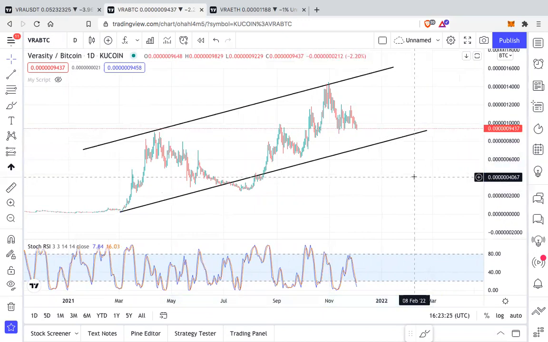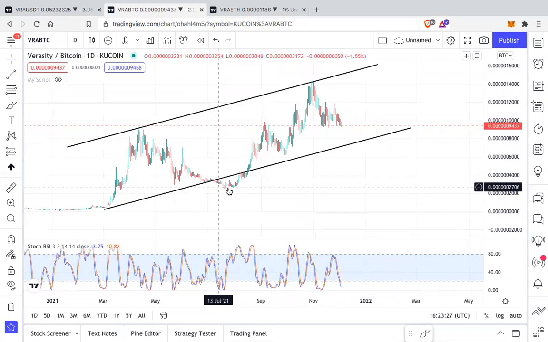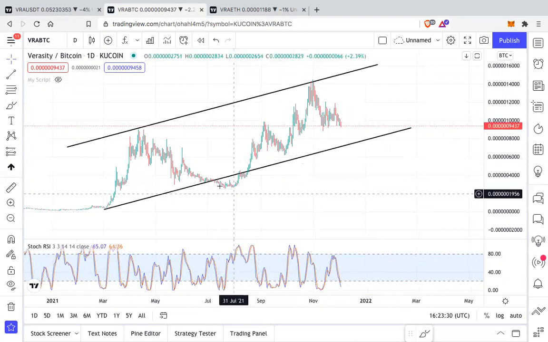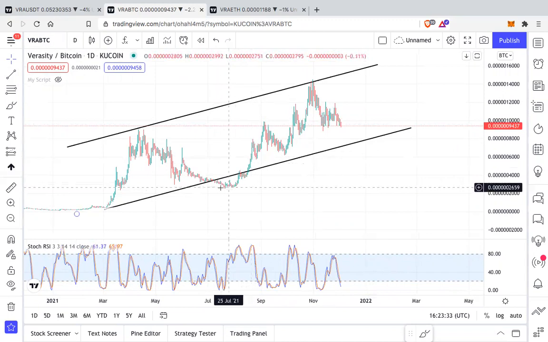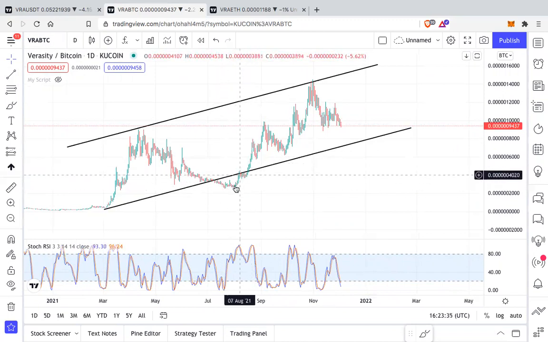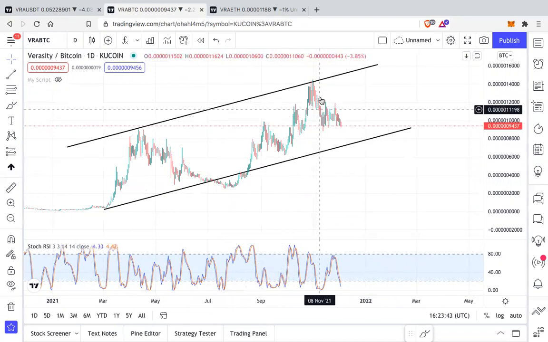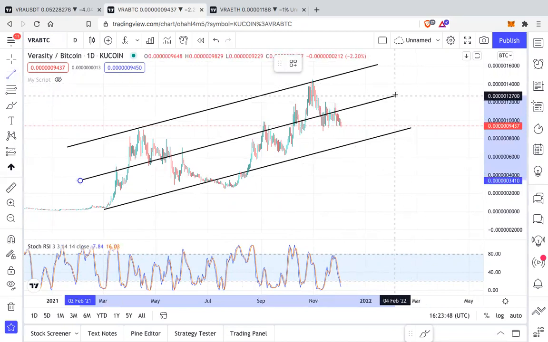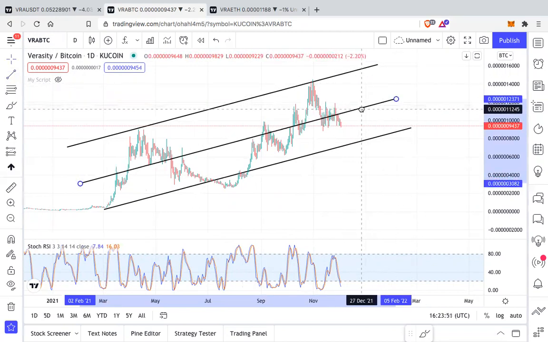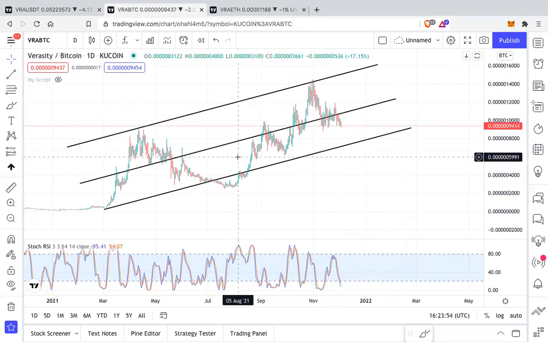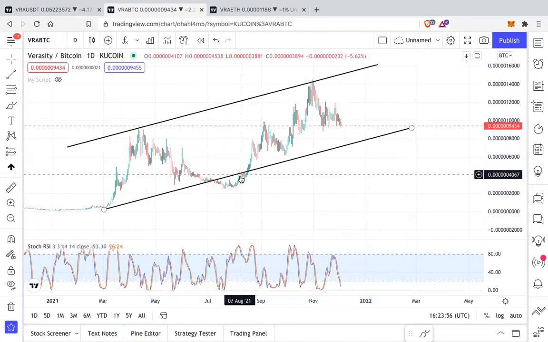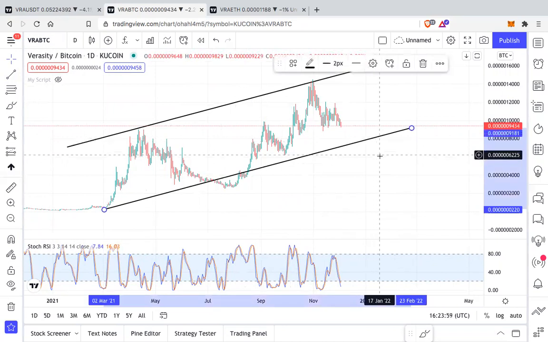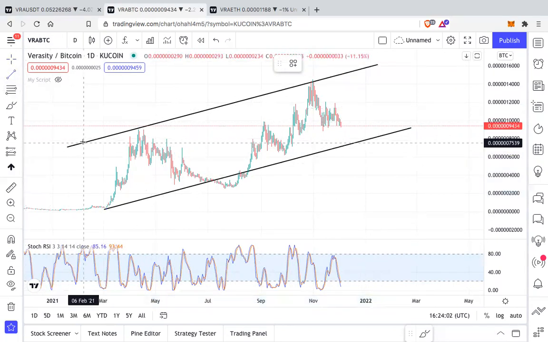This is a channel, in my opinion, where this was a deviation which we immediately bounced back from, or this was kind of an event where you shake out. So kind of a shakeout event. This was a deviation. We are again back in the range. So on the BTC pair also, I think we are currently consolidating.